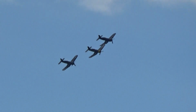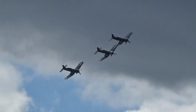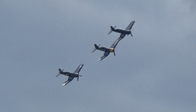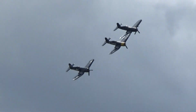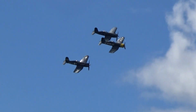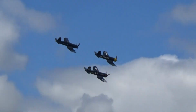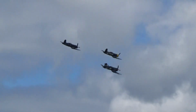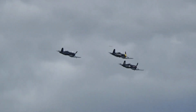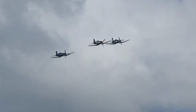Right, so we have the trio of F4 Corsairs. We're staying with the Navy theme. This is the bent wing bird, or Whispering Death as the Japanese knew it. This is a late Second World War fighter aircraft that first debuted in 1943. The Wildcat had held the fort for the first 2 years of the war, and they realised the Wildcat was, although a very good aeroplane and very sturdy,